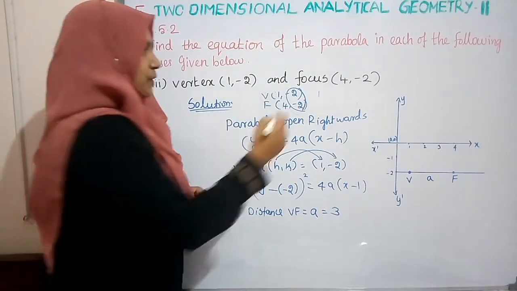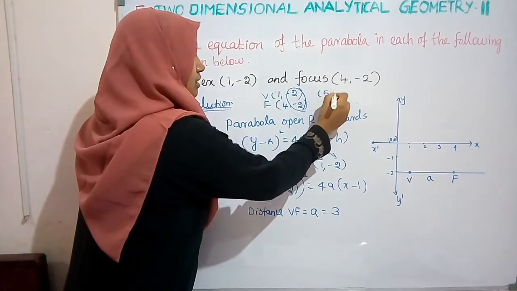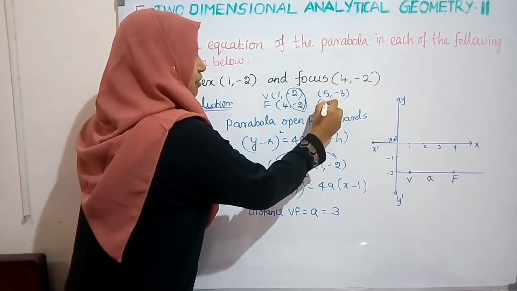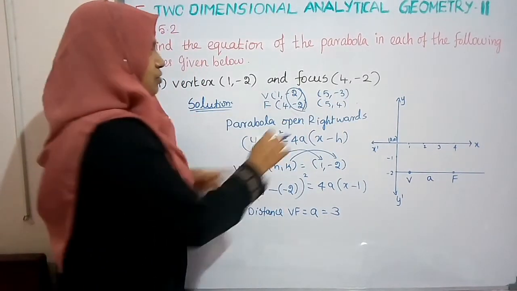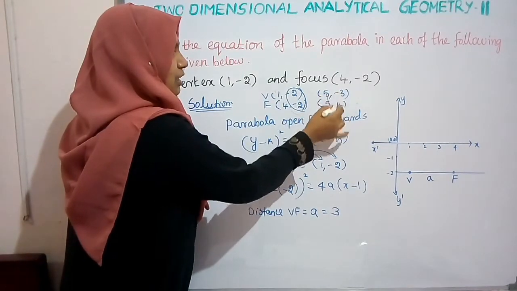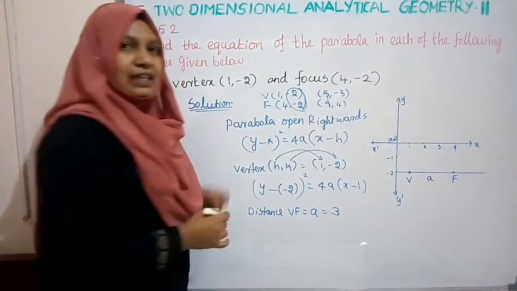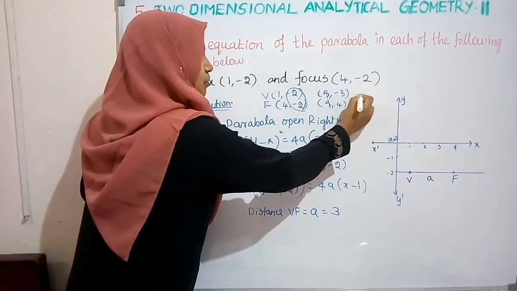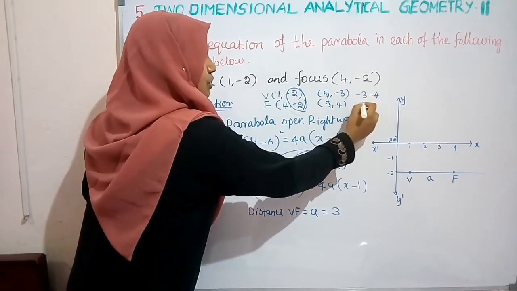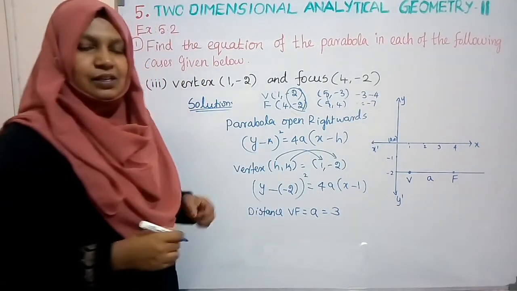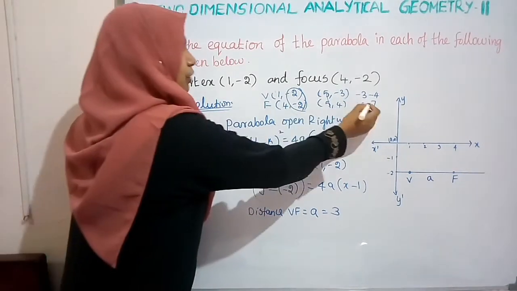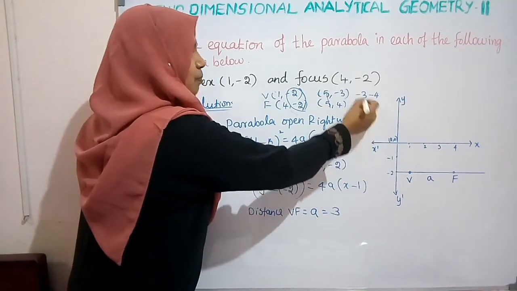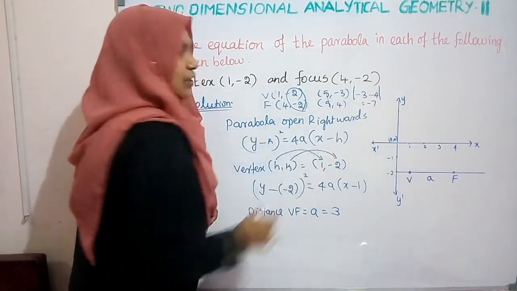Let me say one more example. Consider the points (5, -3) and (5, 4). See, here the x coordinates are equal, so no need to consider this value. The remaining values are -3 and 4. So just subtract: -3 minus 4, so it is -7. Distance is always positive, so no need to write -7. We can take it as plus 7. Just take the modulus value.